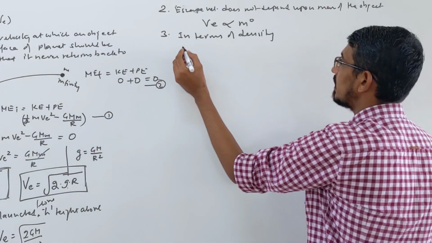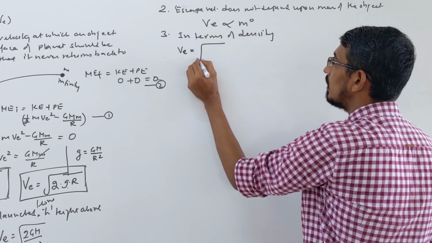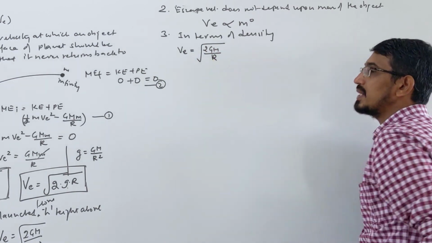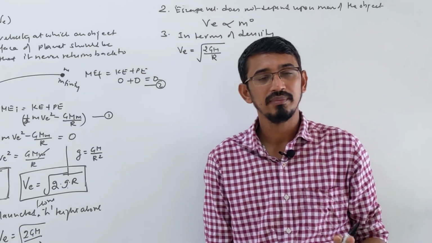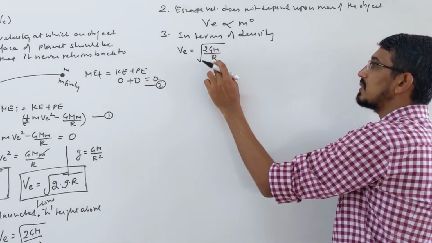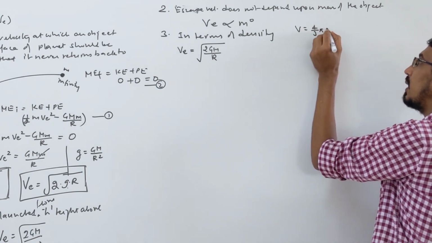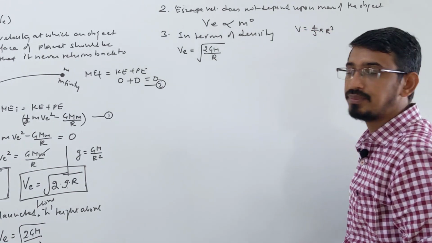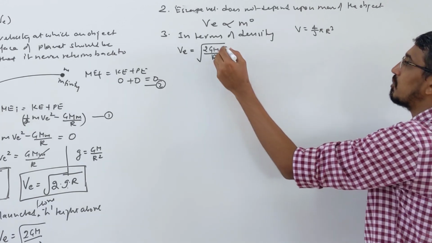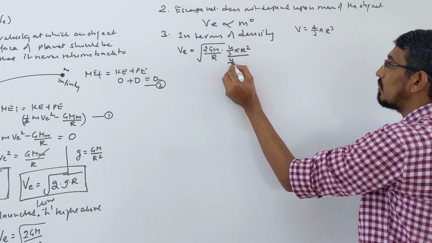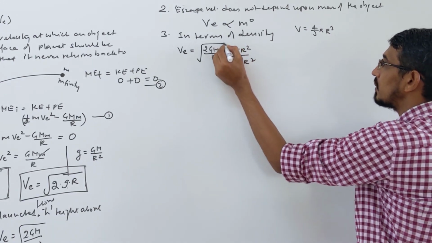So look at this formula itself. This formula we can convert in terms of density. VE will be equal to root 2 GM by R. Density means what? Mass by volume, correct? So mass is here, we need volume here, and volume is 4 by 3 pi r cube. These terms we need. So here only r is there, so what you have to multiply here? 4 by 3 pi and r square you have to multiply, down also 4 by 3 pi and r square, all under the root, keep in mind, right?